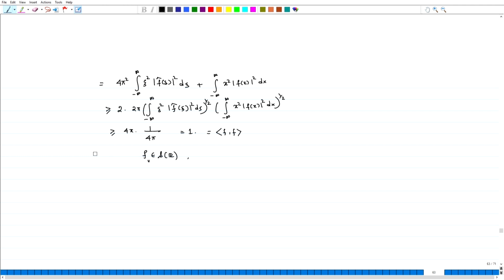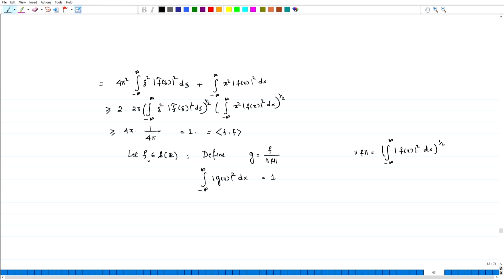Let us define g equal to f by the norm of f. So, what do I mean by that? The norm is the integral from minus infinity to infinity of |f(x)|^2 dx, whole to the power 1 over 2. So, as you can see, the integral from minus infinity to infinity of |g(x)|^2 dx